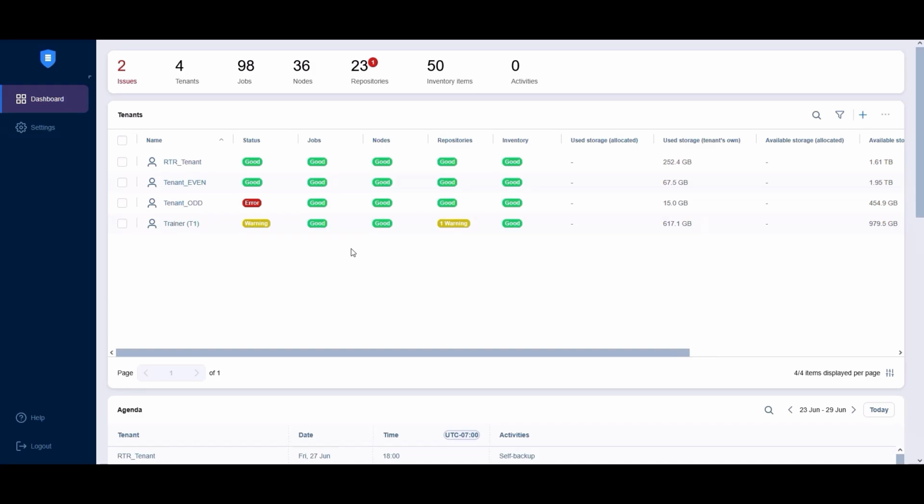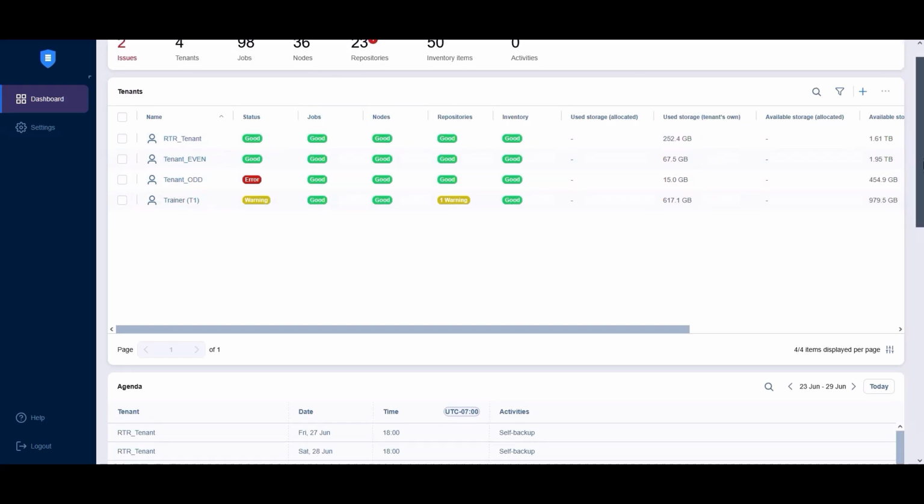To create or add a new tenant in the dashboard, in the top right corner, click plus and create a new tenant. Select one of the available options, New Local Tenant or New Remote Tenant. You can find links to our demos on how to create local and remote tenants in the description under this video. In the MSP console, tenant data is displayed in the following widgets: Summary Bar, Tenants Table, Agenda Widget,